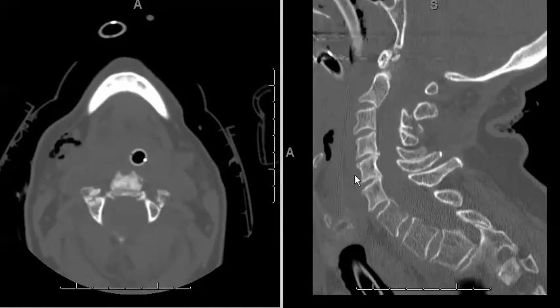It's important in this case to recognize that a hyperextension teardrop fracture has a high propensity to involve the central cord syndrome, which is preferential loss of motion and sensation along the upper extremity. So that's why it's important to do an MRI examination to evaluate for central cord syndrome, to evaluate the anterior